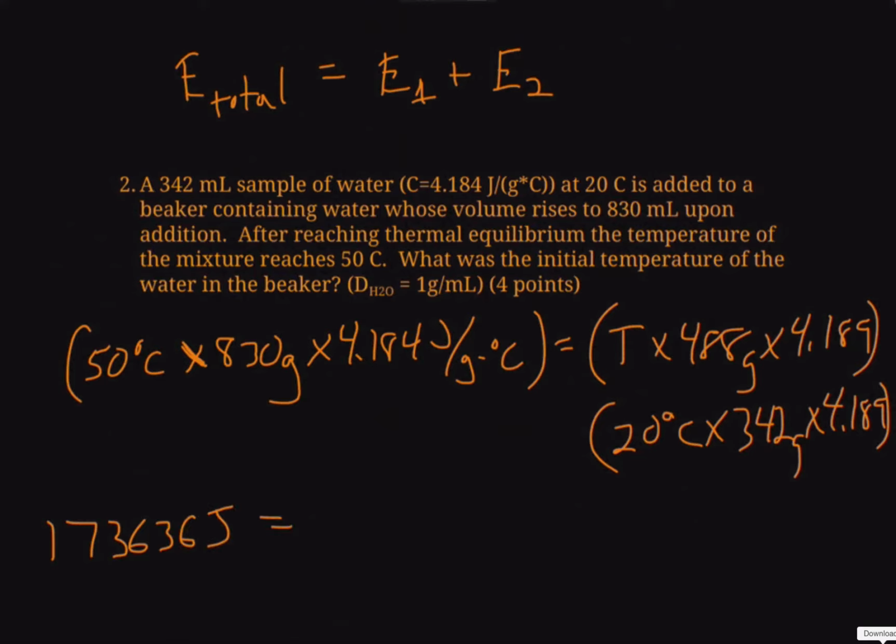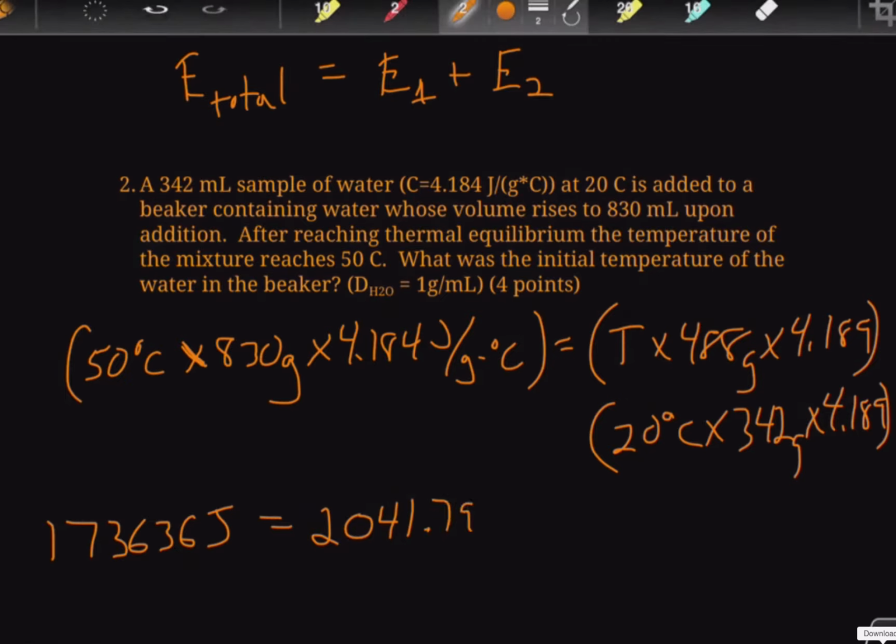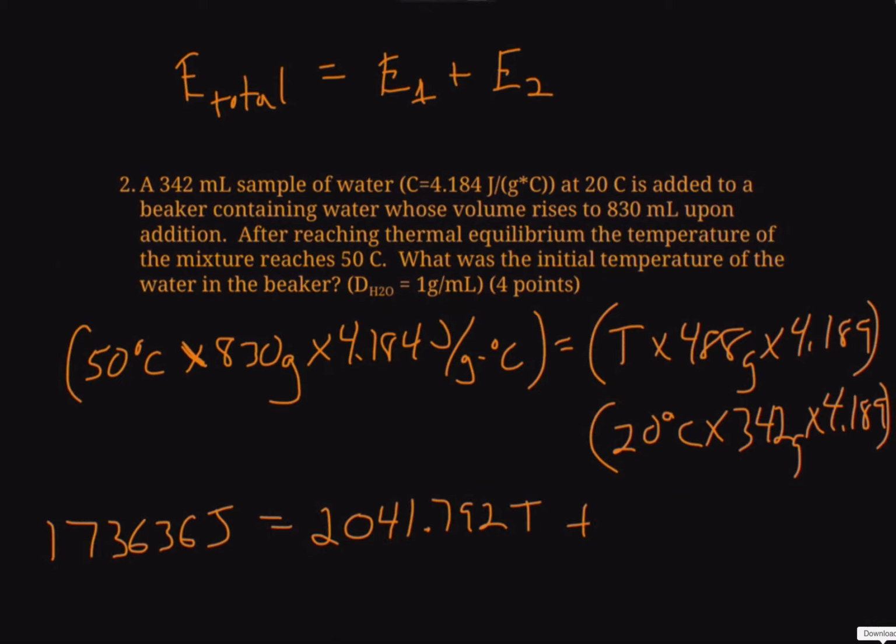The energy of sample 1, the sample in the beaker, comes out to 2,041.792 times T, plus the sample that's added to the beaker has an energy of 28,618.56 joules. So then when we subtract the energy of sample 2 from the total, we find that it's